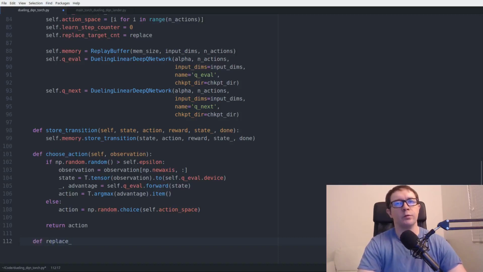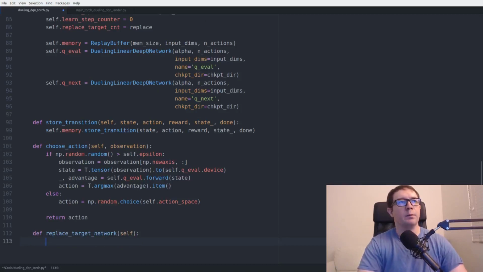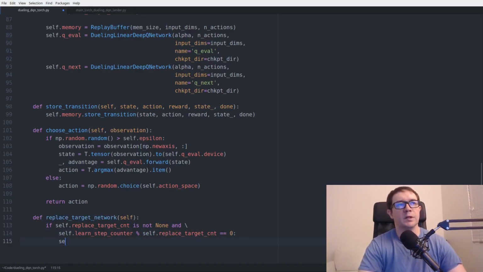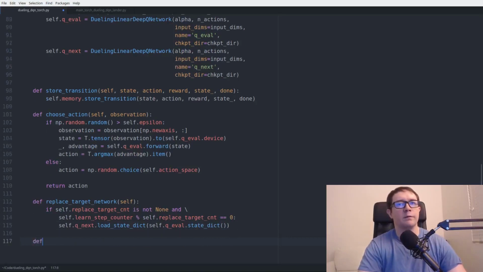Next, we have a function to replace the target network, and that doesn't take any inputs, but we do say if self.replace_target_count is not None, and self.learn_step_counter modulus self.replace_target_count equals 0, then we want to say self.q_next.load_state_dict(self.qeval.state_dict()). And next we want a function to decrement